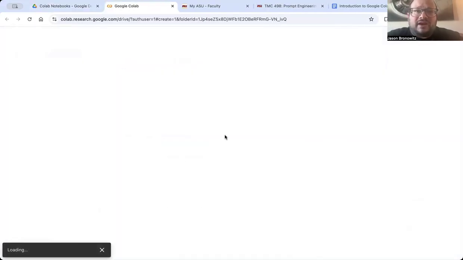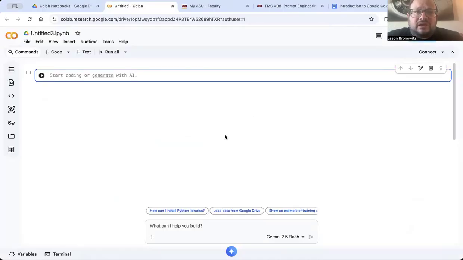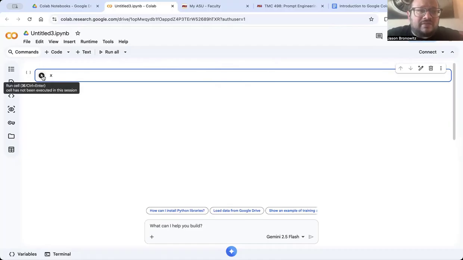So let's open it up. I'll show you a little bit in here and then we'll continue on. One of the things that we can do in Python is we can take a variable and let's just actually say I have just X. So this is a variable that I'm going to want to define, but I haven't yet done anything. So if I try to run this, the way that you run something in Colab is click on this run